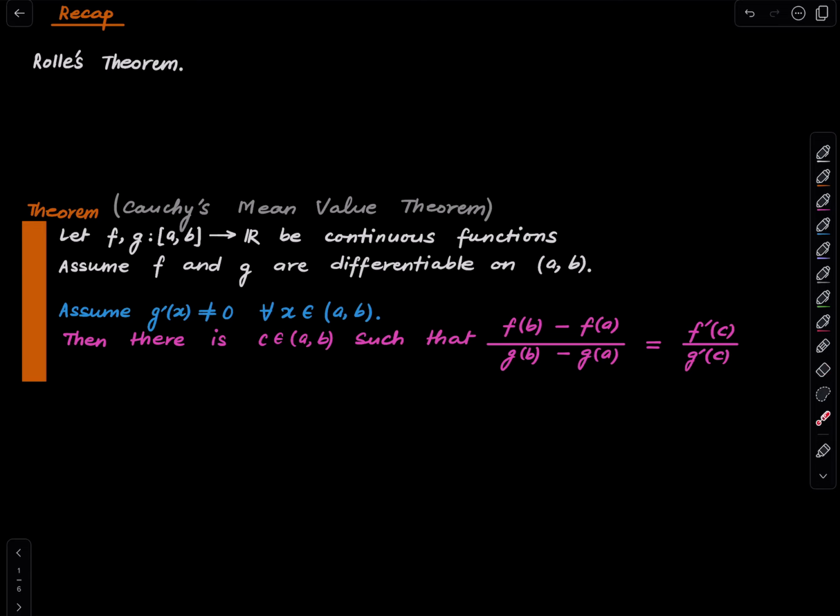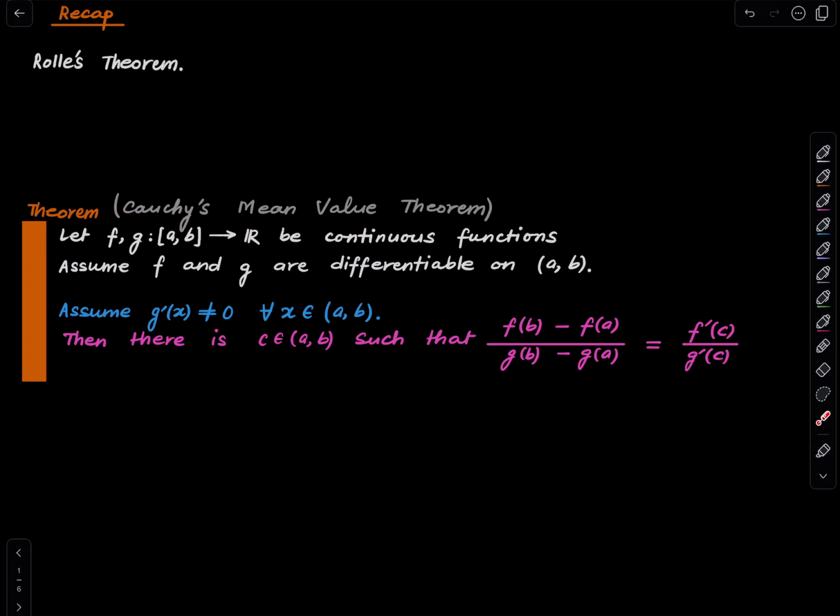So we'll need to know what Rolle's theorem is. I don't want to recall this in detail, but it just says that if you have a differentiable function which takes the same value at two points, a and b, then somewhere strictly between a and b, its derivative vanishes. So that's that, but we will also be using a generalization of it, which is Cauchy's mean value